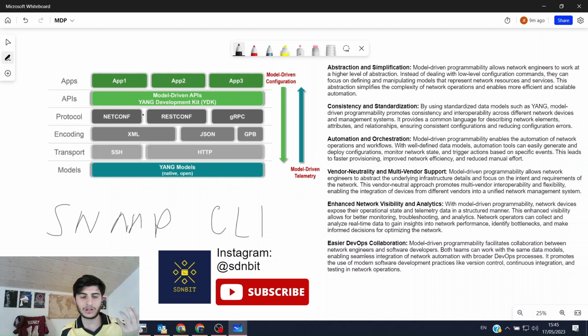And NETCONF needed something else to actually speak with those devices, to let engineers execute commands and work with operational and configurational data, right? So they came up with this concept, and NETCONF plus YANG created a completely new concept in the networking world, which is